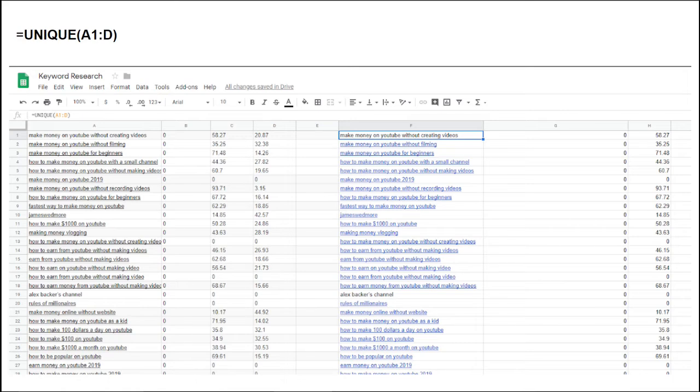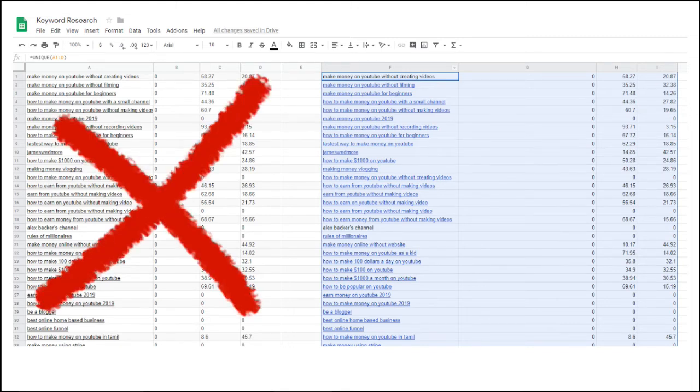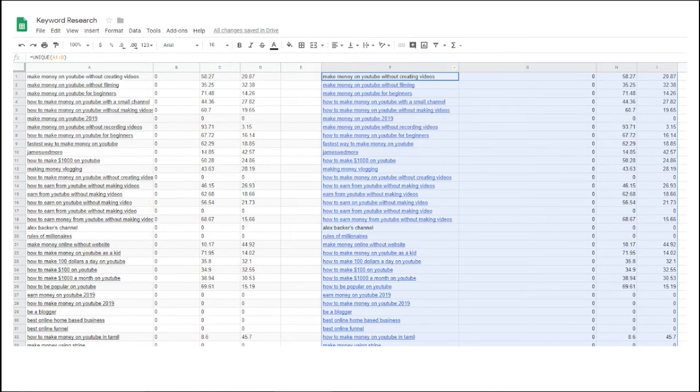The next step is to then copy this refined list of unique keywords. Make sure you do not copy the old keywords on the left-hand side, and you only copy your refined list of your unique keywords. So you go ahead and highlight that entire list. It should be under 1,000 keywords. Once you highlight that entire list, you either click Control-C or right-click copy that entire list of keywords, and then